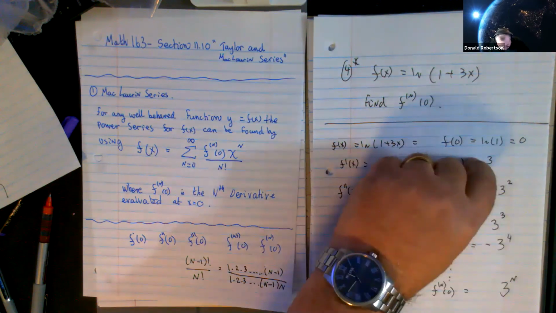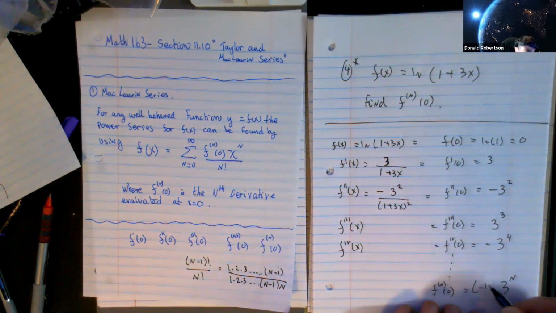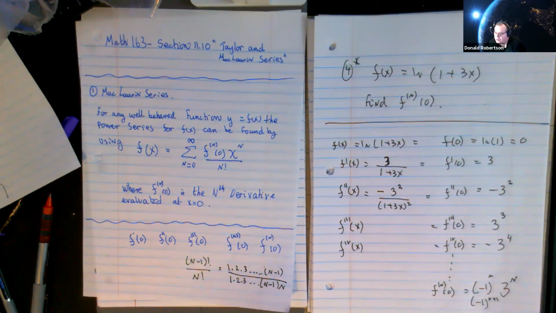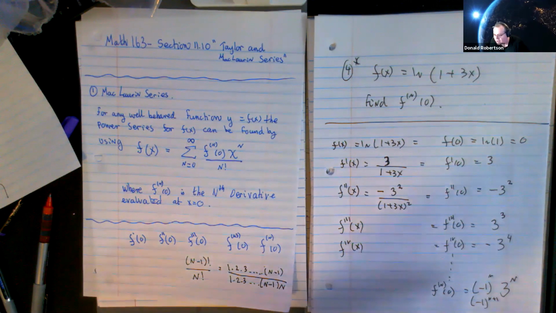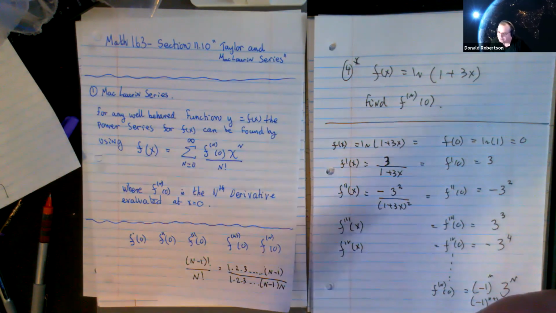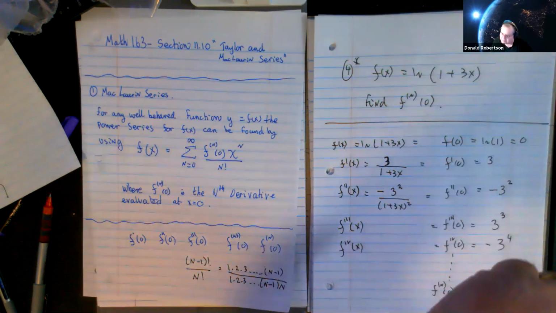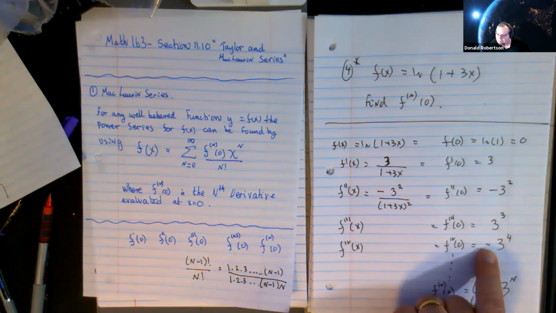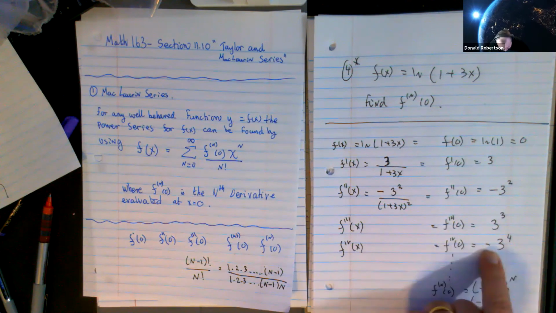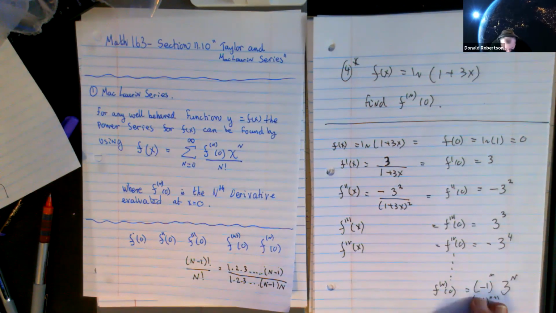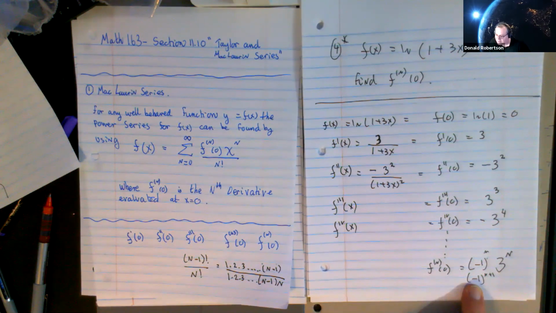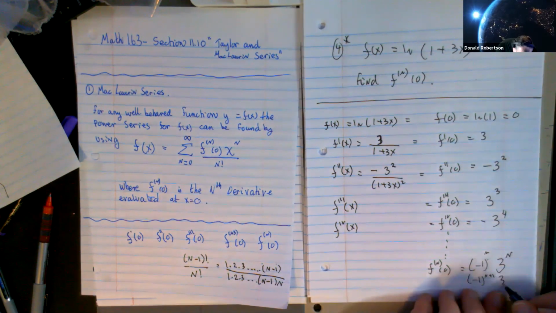So now we're going to look at plus, minus, plus, minus. Whenever you get a plus, minus, there are 2 options you're going to have to pick: it's either n or n plus 1. Because the alternating could happen at a different stage, right? The plus, minus, but it could go minus, plus, then minus, plus. It could alternate. So just pick one of them. The fourth derivative is negative. You see that? The fourth derivative is negative. If you plug in 4 here, would that get you a negative 1? No. Would this get you a negative 1? Right, negative 1 to the 5. So that tells me